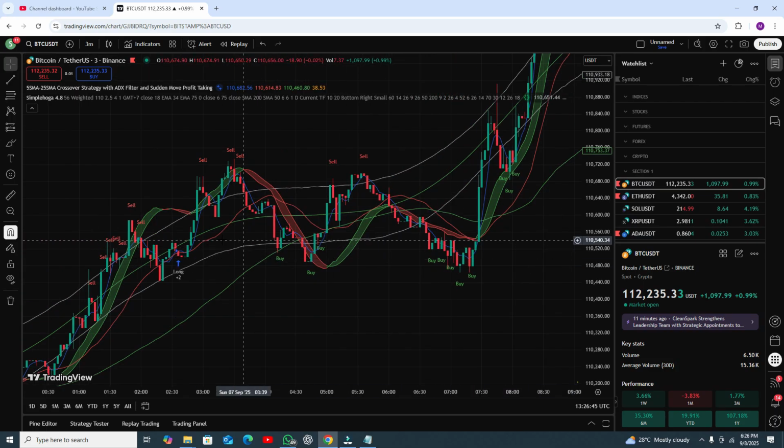You need to open your buy position from this point when the RSI is below the lower band line and the candle comes upside from the RSI. This is the RSI ribbon. The candle must come upside from the RSI ribbon, and the RSI should be below the lower band line. This is the upper band line, this is the lower band line. So this is your exact buy position. This is your another buy position.